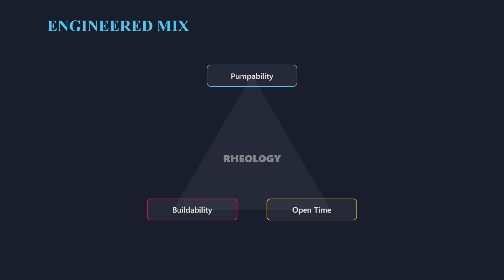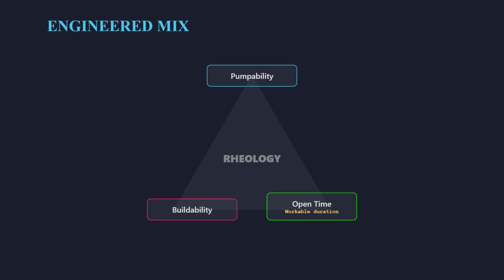Specialized cementitious mixes, often incorporating supplementary cementitious materials like fly ash or slag, are engineered specifically for printability. Controlled rheology is critical, balancing three conflicting requirements: pumpability, buildability, and open time. Pumpability ensures the material flows through the delivery system without segregation or excessive pressure loss. Buildability refers to the material's capacity to resist deformation under load, requiring rapid development of early compressive strength, typically within